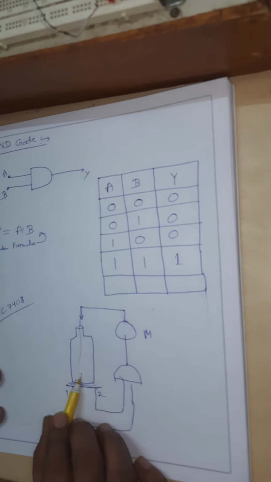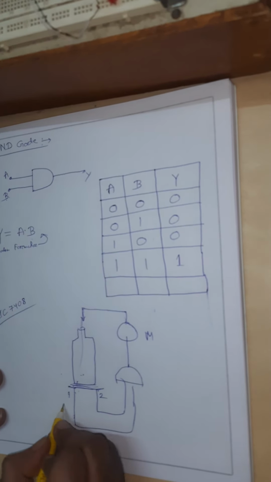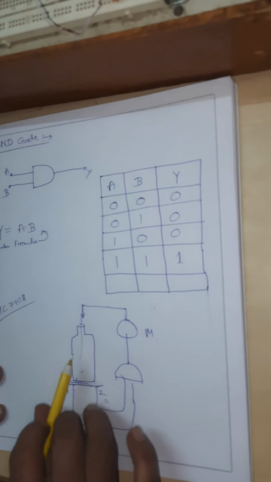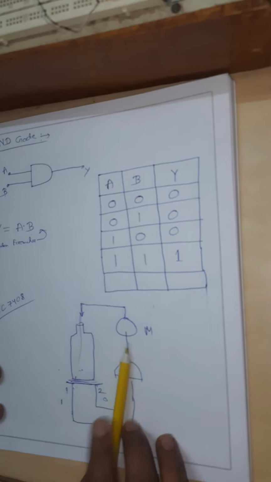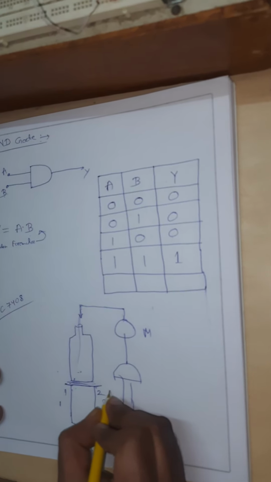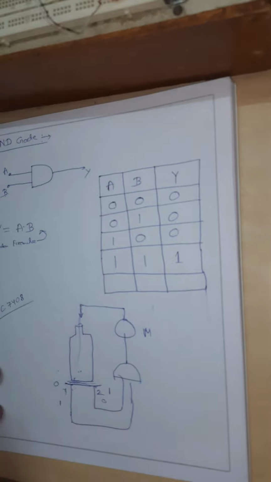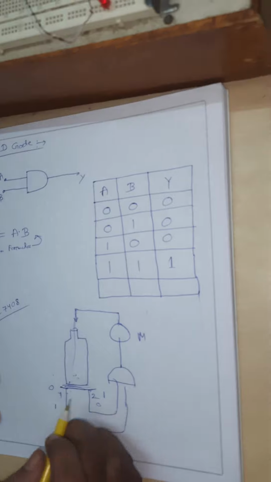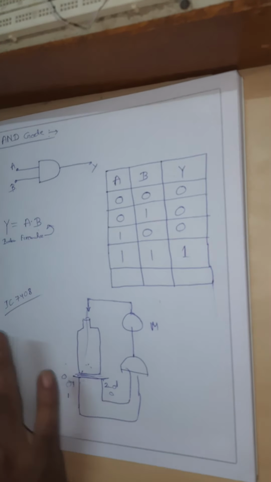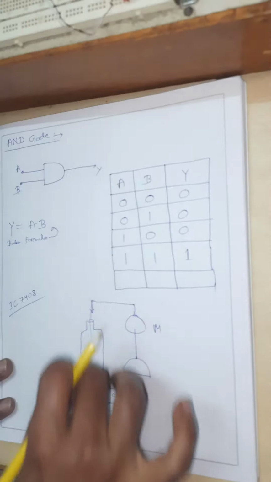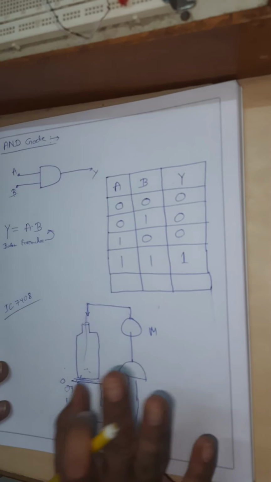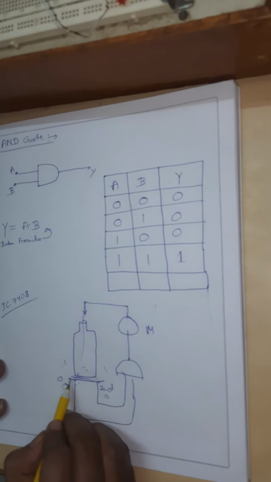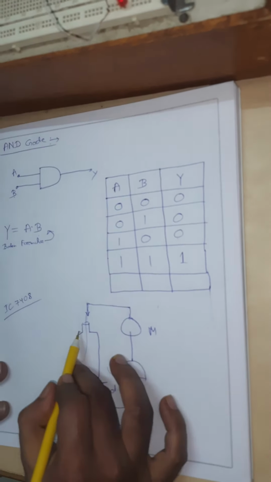Otherwise, if the bottle is placed slightly to the left, meaning input 1 is 1 and input 2 is 0, then no liquid is let into the bottle. Or if the bottle is placed to the right, meaning the second point is 1 and the first point is 0, then no liquid enters the bottle. Or if there is no bottle, these 2 points are 0 0, then no liquid will be poured. Only when both points 1 and 2 are 1 1, in the right position, is the liquid let into the bottle.